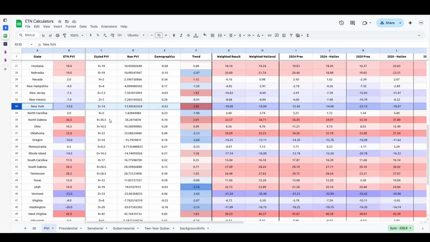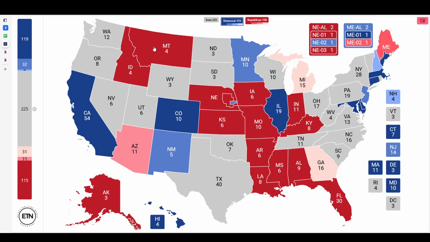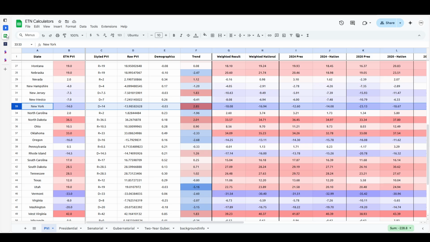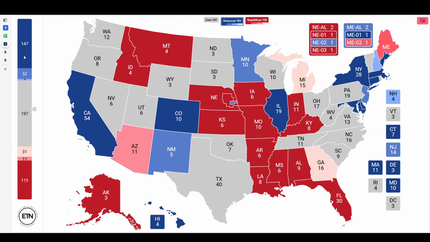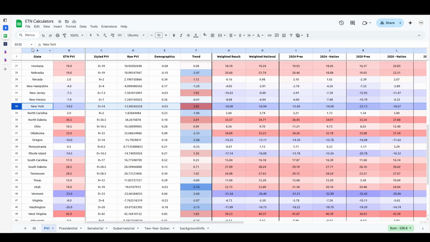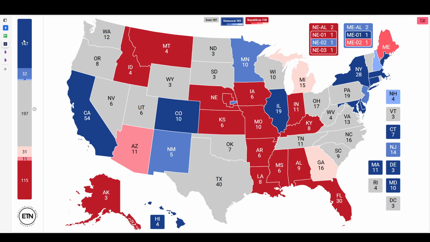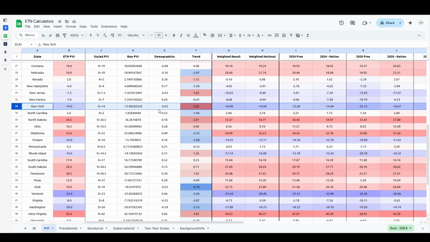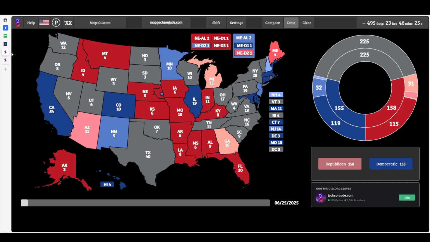for the next while. Now, New York, 2.8 to the right. So this is going to be of concern. That means that if that trend does continue, the Democrats only have 5 more cycles out of New York, and those 28 electoral votes is probably going to lose one, so that would be 27. 27 electoral votes will be on the line in the late 2030s, but as of right now, it is D+14,